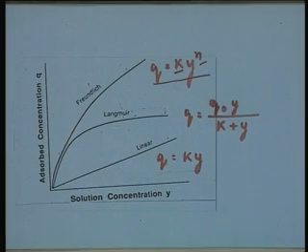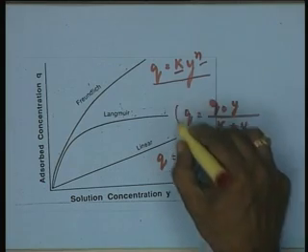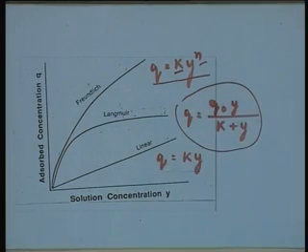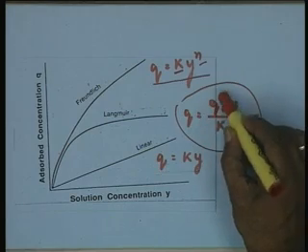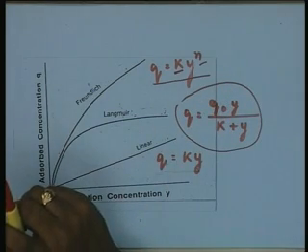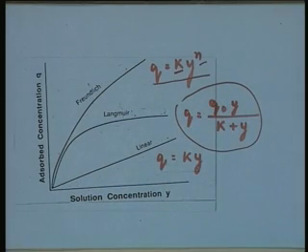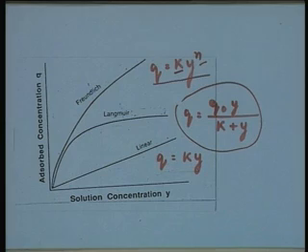The most established and analytically proven method is the Langmuir isotherm. Here Q is the concentration of the enzyme protein on the solid matrix, and Q naught is essentially the maximum capacity of the matrix. That means if you take a very high enzyme loading, a very high enzyme concentration compared to the carrier, and allow the equilibrium to be established, the concentration of the enzyme on the immobilized preparation, which represents the saturation behavior, is Q naught.